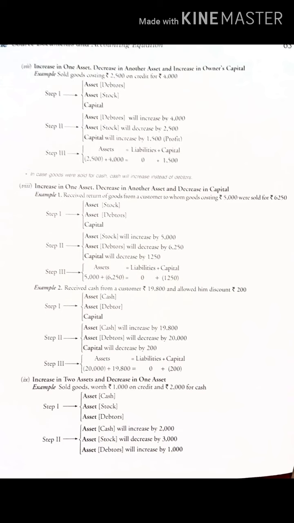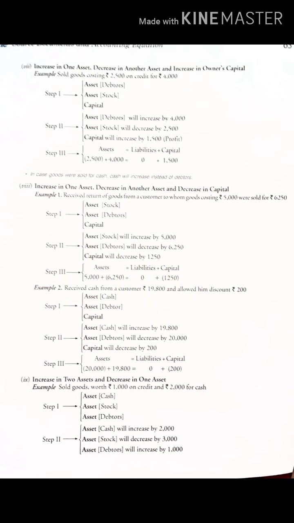Now what is affected? As we are receiving goods, my stock will increase. So the first variable which is affected is stock. Second variable, debtors. Debtors are returning the goods, right? So debtors will reduce. Now what will be the effect on capital? Again capital will reduce. Why? Because my debtors are reducing. That means somewhere my profit, I have sold the goods on profit, right? Now that profit is reduced, because we have received the goods back. So my capital will be decreased.